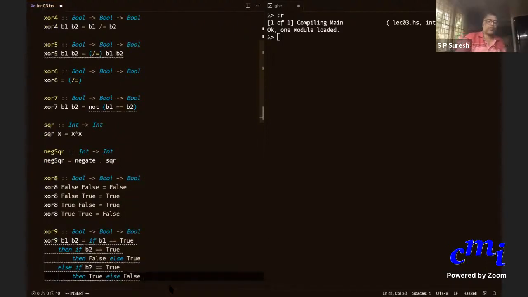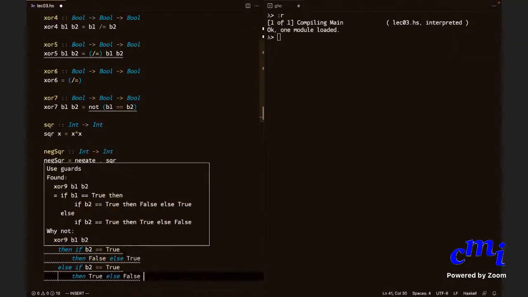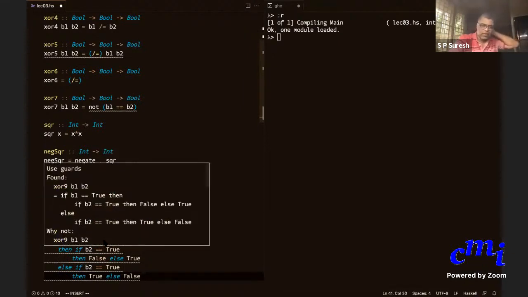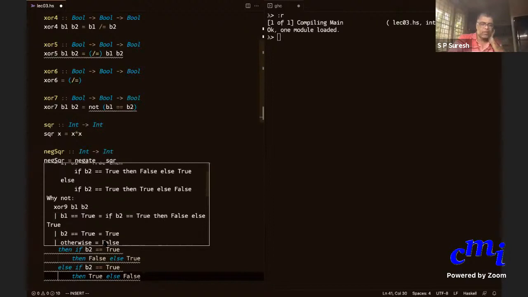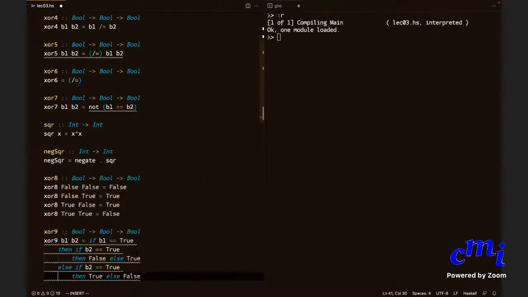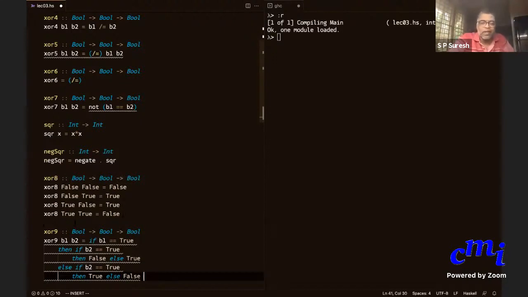Yes, this is possible. You can write something. You are exhaustively checking all the things. But that's a very cumbersome way of writing it, but you can write it. There is nothing wrong. So you can do that.